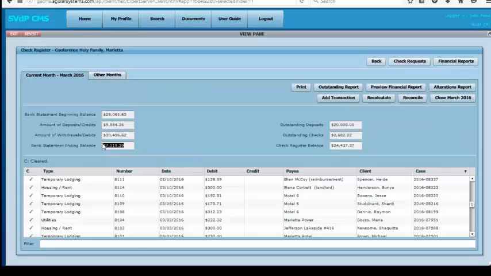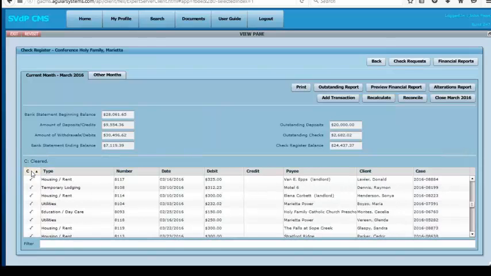So it checks out. And let's say I know what the outstanding checks are and the outstanding deposits. So everything's kosher. I've done all my journal entries. I've looked at my outstanding report. I clicked on my cleared column to see all the potential items